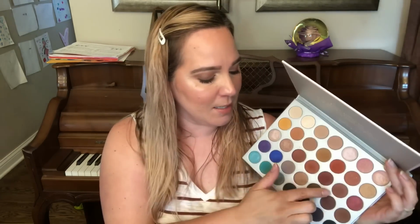Next, we have my Colourpop and Jaclyn Hill palette. This is in this project for both Rachel Stephanie and Journey in Beauty, who is Kyra. And I just want to hit pan in one shade. The shade I keep reaching for over and over again is this one here called Buns. I love this shade. This is the shade I have all over my eyelid, combined with the brown from